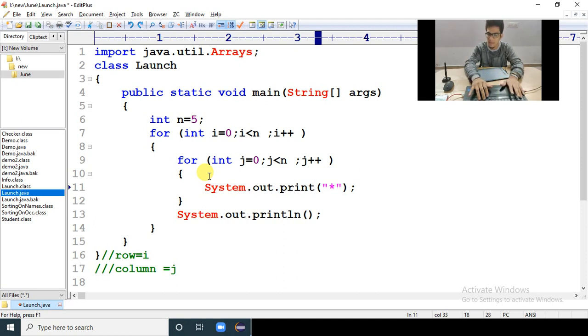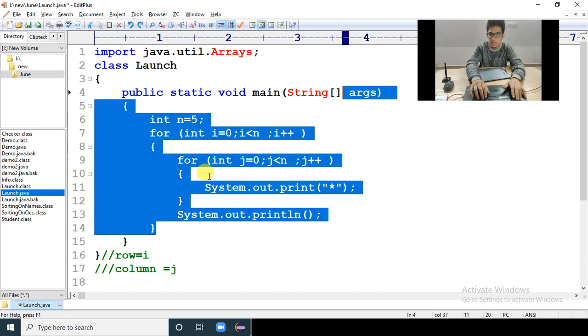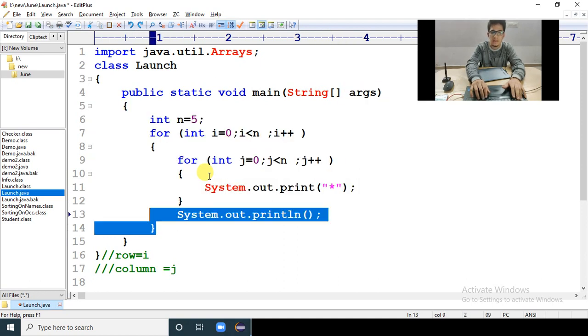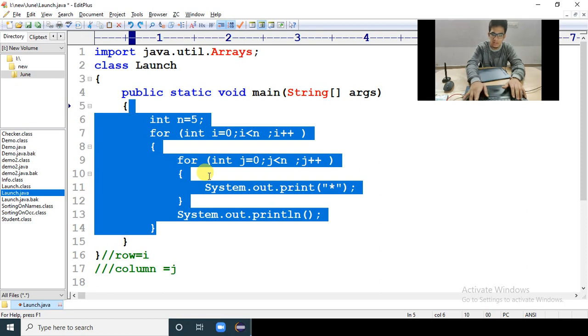Simple. Now I know that many of you are thinking, sir, on the first day only we are seeing so much code, we are not understanding. So that's why I have to trace also. I have to explain to you how the control flow is happening here. First I have to explain some concept here, because it will be helpful for me.